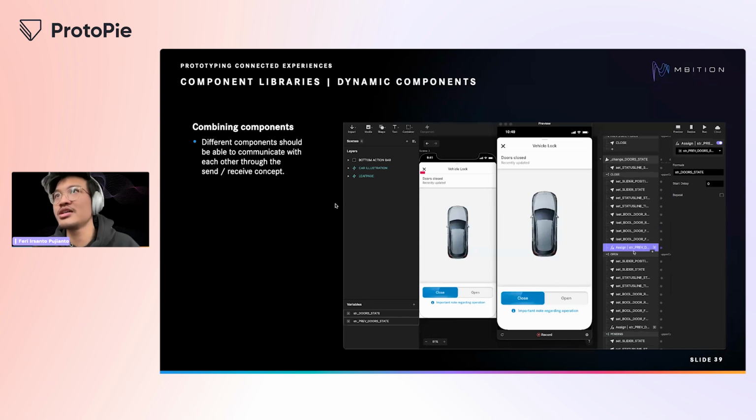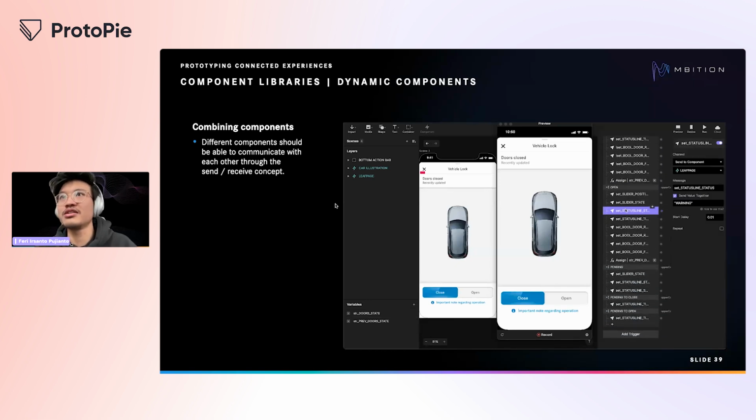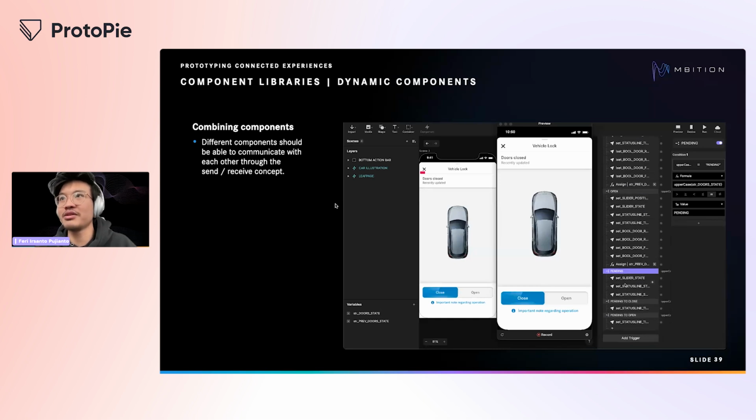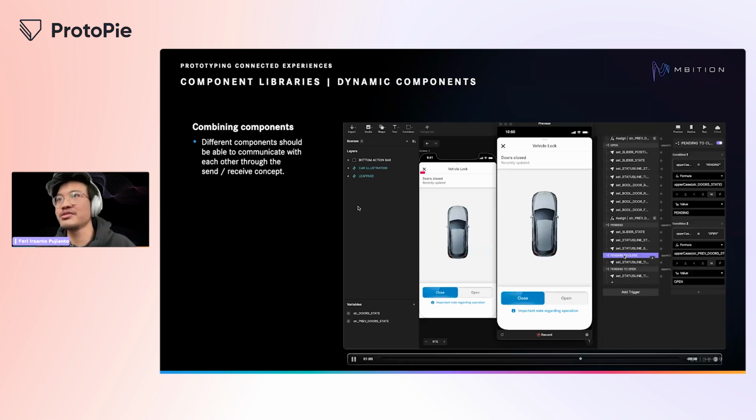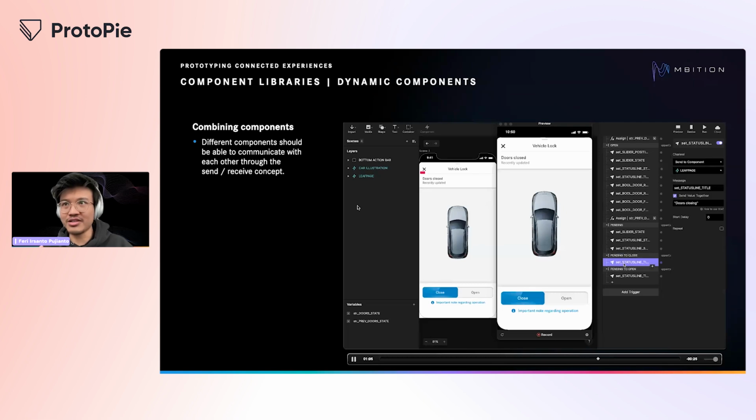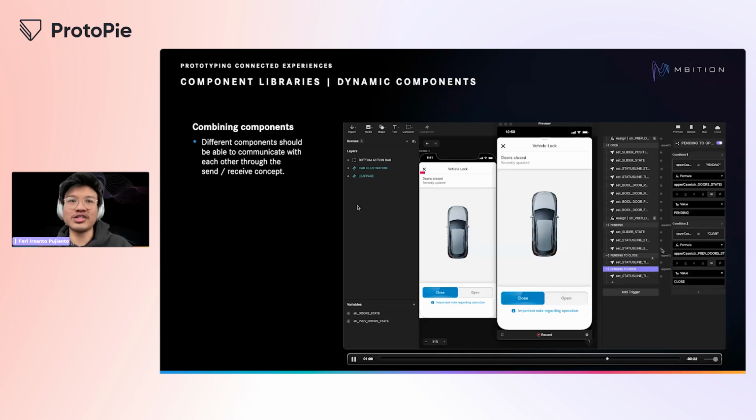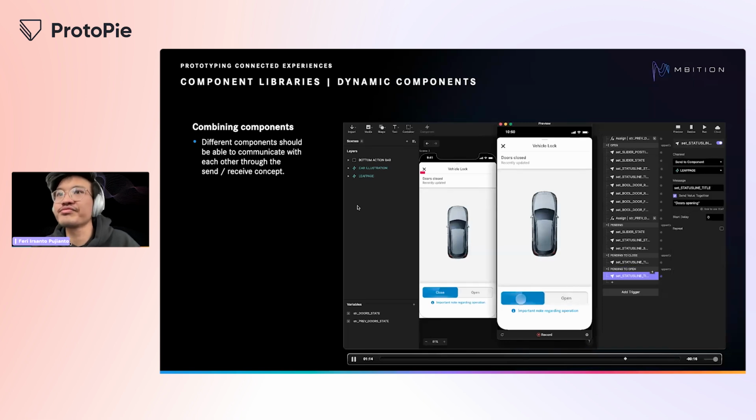Within this signal, I define what should happen if the state is closed or open, and based on that, I'm sending different signals to different components on how they should behave. So for example, I'm setting the status line title, or setting the status line status, or changing the car illustration. So you would see that here. Everything basically works with just 2 triggers in this case.